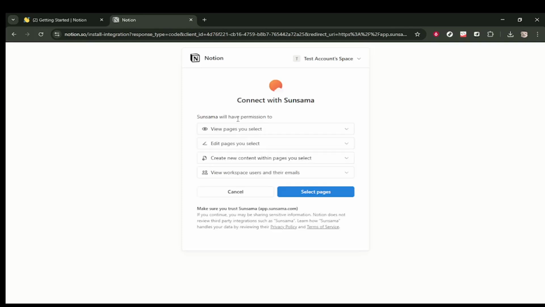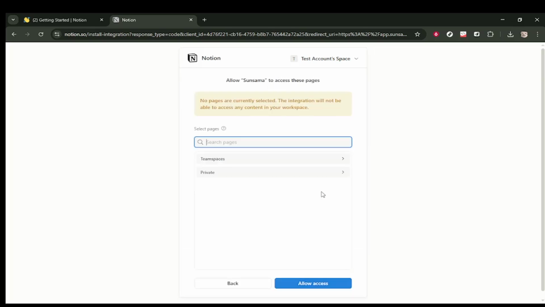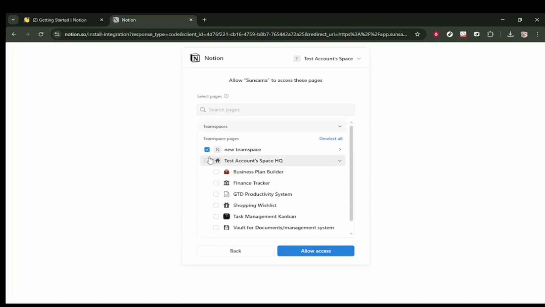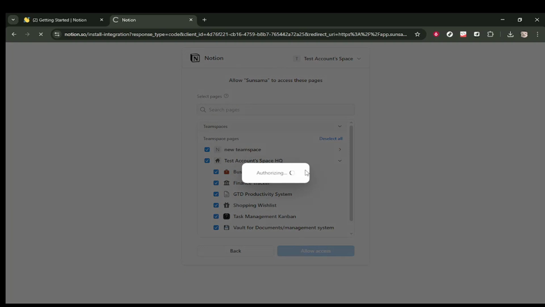As you move through the connection flow, keep the purpose in mind. You are linking your Notion workspace so that tasks or database items can be brought into Sunsama for daily planning. For the smoothest setup, make sure pop-ups are allowed in your browser, since authorization windows sometimes open in a separate prompt. It also helps to use the same browser profile for both Notion and Sunsama, so the correct account is